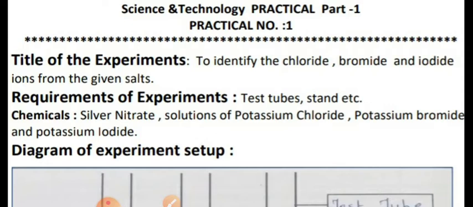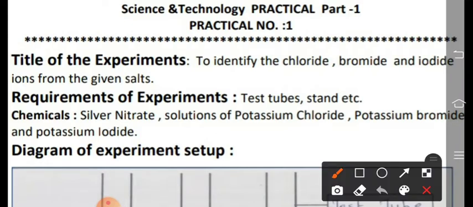Today we are going to discuss about practical. Practical number 1. It is a part of Science 1. You have to make a notebook as Usha ma'am said. You have to make a notebook of 200 pages. In that you have to make two sections, section 1 for Science 1 and section 2 for Science 2. This practical you have to write in section 1 as practical number 1.